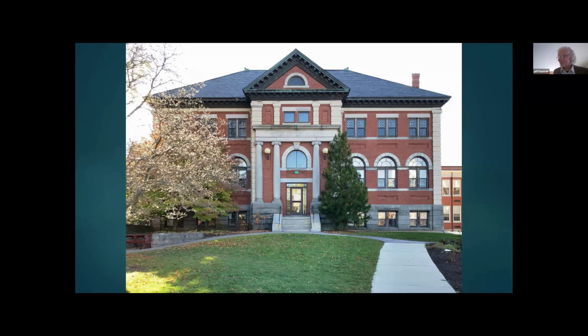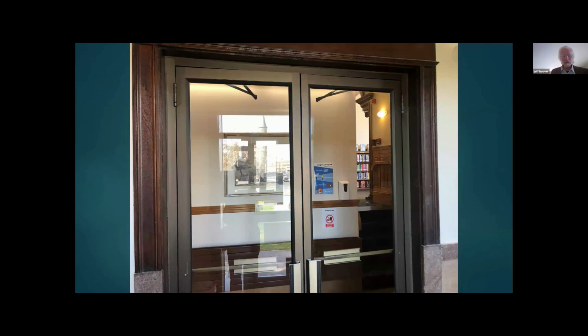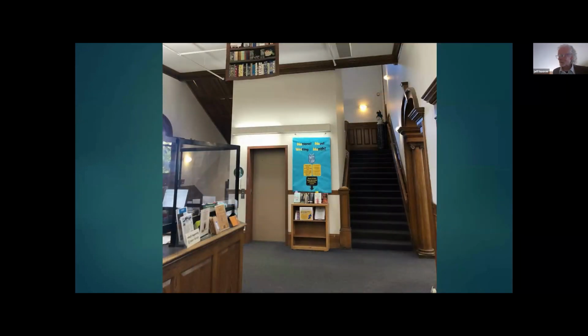So we come up to the front door and in. Stepping into the vestibule, looking straight ahead, we don't see up to the circ desk as you would in a classic Carnegie, because one of the improvements made in the 80s was to put the elevator here. So as you come in, you're looking at the backside of the elevator shaft. There isn't a door to the elevator at that point, however, but the door does open up onto the central